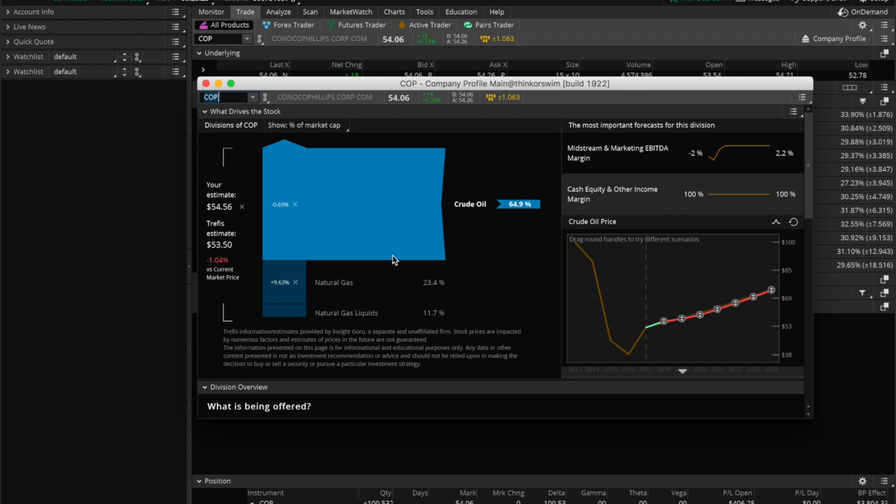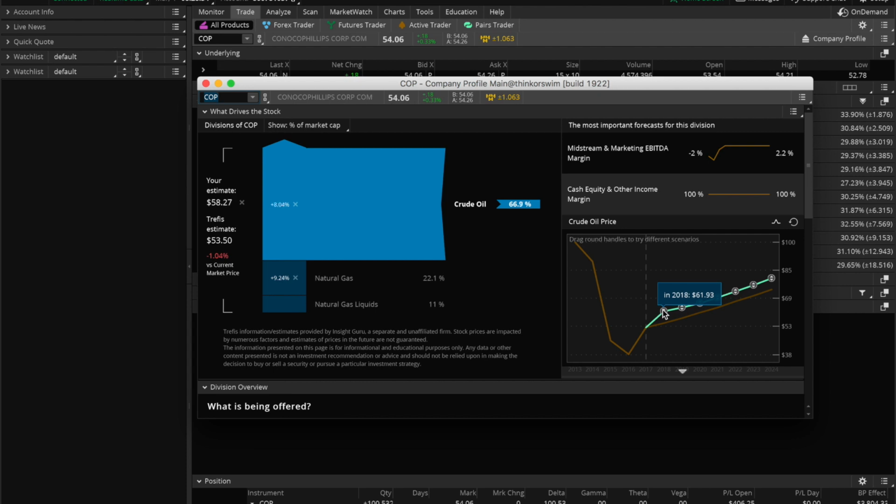And at these oil prices, it has an estimated share price of 53.50, and it's trading at 54.50. So pretty accurate right now. Or yeah, actually it's trading at 54. So we'll adjust this up at least to meet what it is right now. 2018, right now it's about 62, 65. And then we'll say 2019, we'll say that it's at